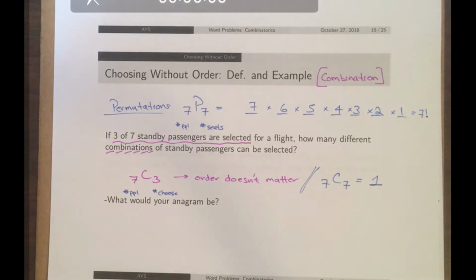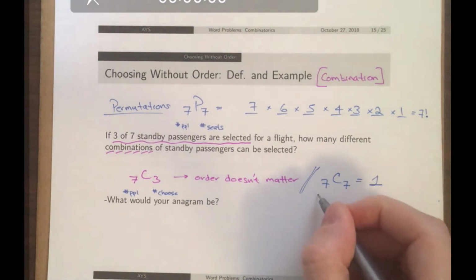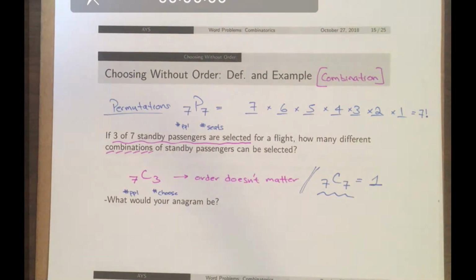They can sit maybe the girls in the front and the boys in the back, or vice versa. But if it's just a question of combination, there's only one way. You just choose all of them. I have a committee of 7 people that I need to make. Well, it's only one option: take all of them and put them on the committee. But we'll see this with